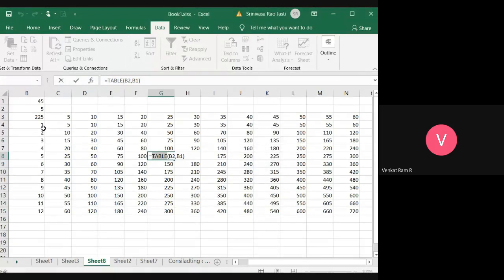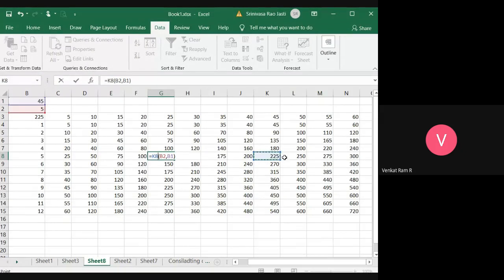So anyway, you know, for a 1 rupee pen, see here, this is the cost of pens and this is the number of pens. If a pen is costing you 1 rupee, and you have 5 rupees, how many pens are you going to get? 5. And if your pen is costing you 2 rupees, how many pens are you going to get? 10. Okay, similarly you can calculate in this way. So 45 pens, if it is 5 rupees, how much value are you getting? 225.